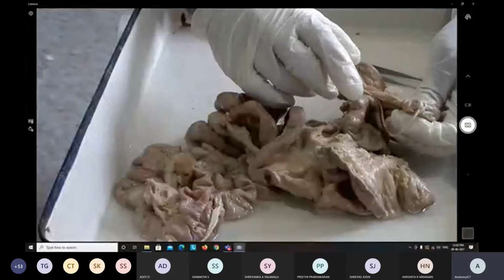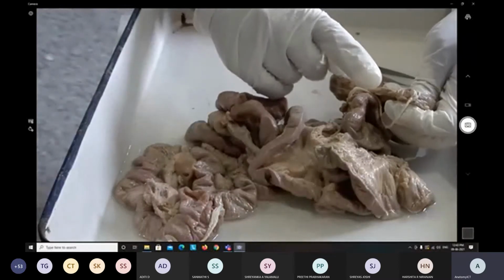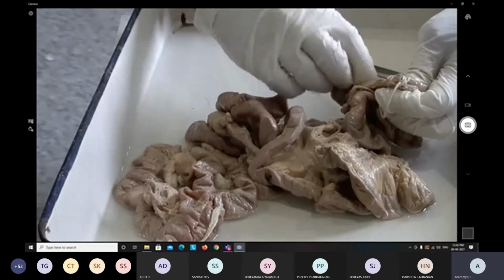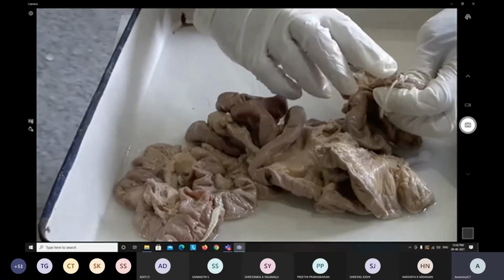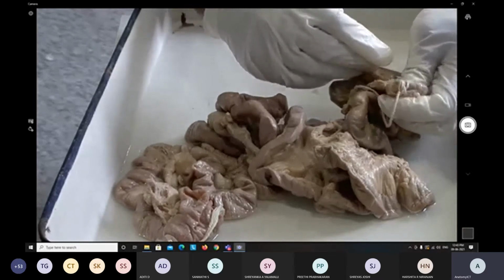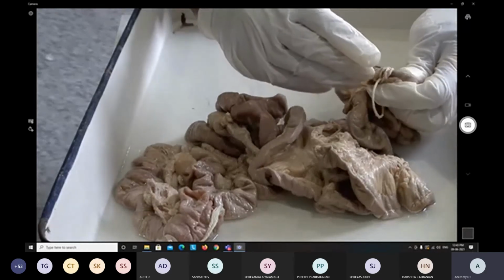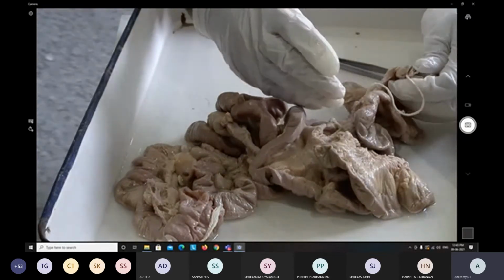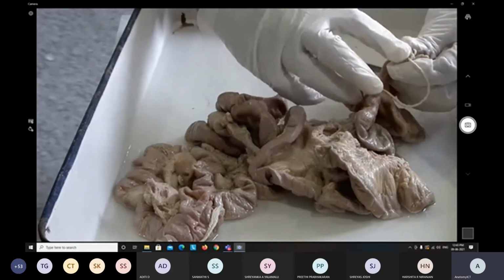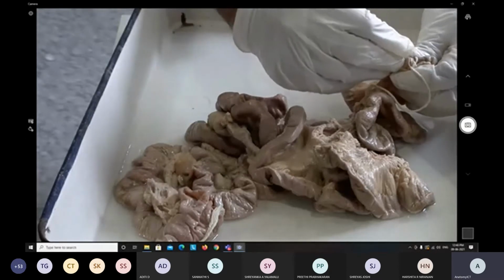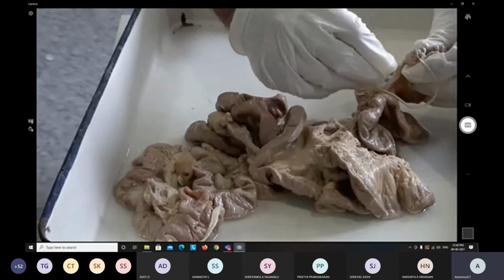The reason is this ileocecal junction plays a very important role. Whatever food is absorbed, the remaining part goes into the cecum. It is almost waste material from the terminal part of the small intestine, and from here it goes to the large intestine, where it is used for fecal matter. Now what happens? Sometimes if this wall is not there, the fecal matter from the large intestine may enter into the small intestine, and that may lead to some complication.